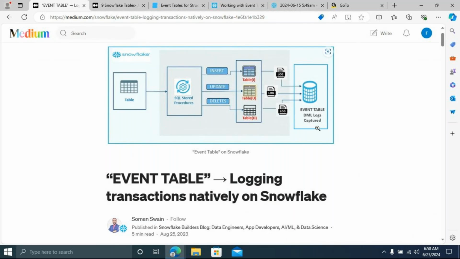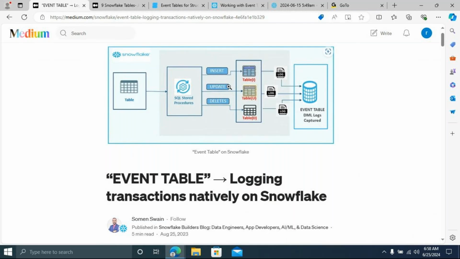It's only available in Snowflake. No need to specify any columns for the event table; the columns are already predefined.